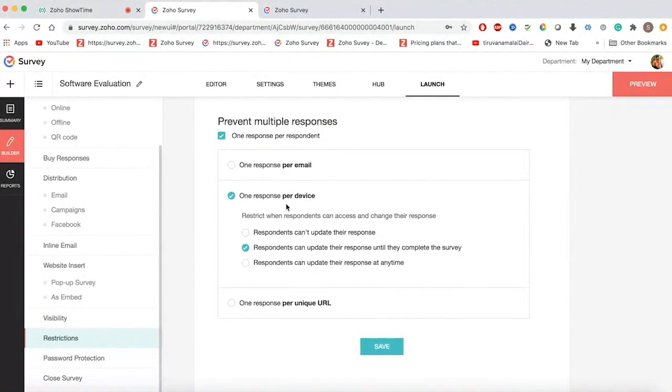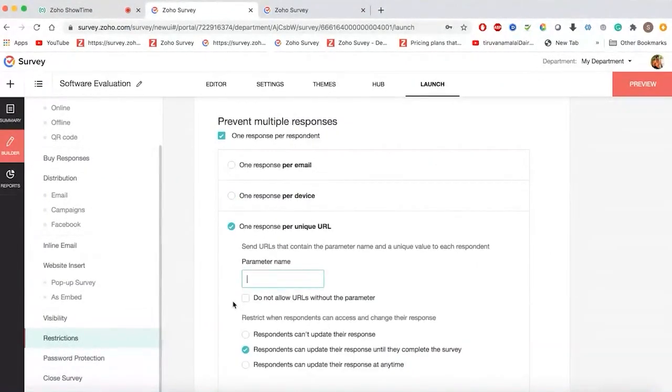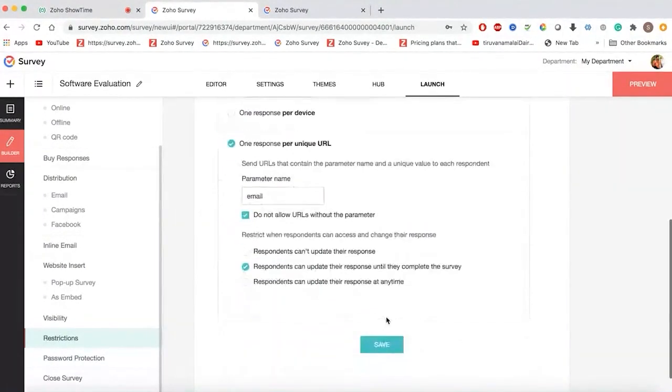But what if in case people answer the survey from a different browser? On that case, this may not be helpful. For that, we have the option as one response per unique URL. So this is like you can have a parameter name to be more unique. Let's say email address. So you can have the parameter value as email and do not allow URLs without the parameter. So you need to append the URL along with the parameter and pass a value. For reference,